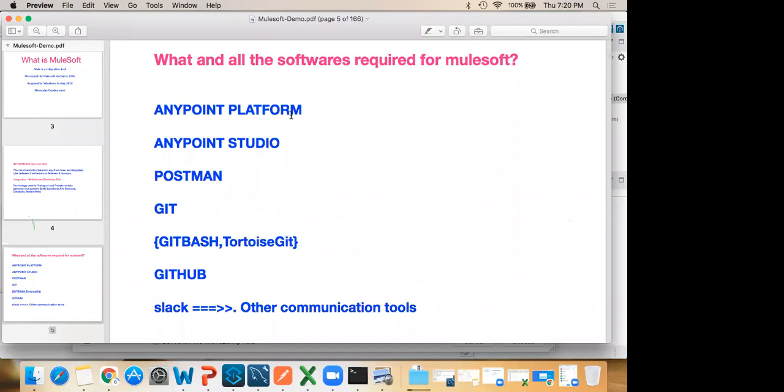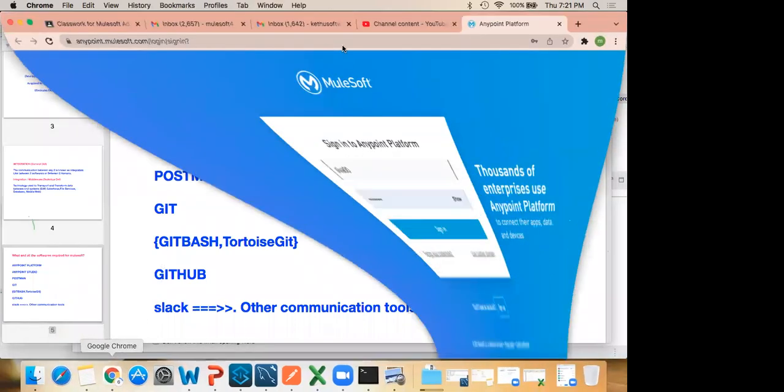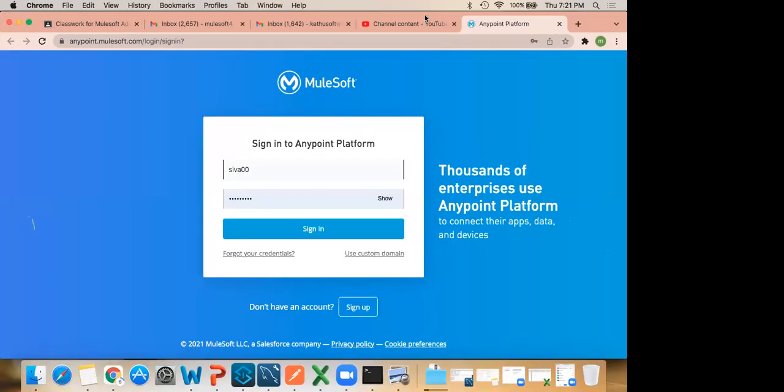ఓకేనా, ఫస్ట్ ఎక్స్ప్లెయిన్ చేస్తాను. ఫస్ట్ సాఫ్ట్వేర్ వచ్చేసి anypoint ప్లాట్ఫామ్. ఓకేనా, సో by using this anypoint platform we can design our applications, we can create our APIs. ఓకేనా, API అంటే చెప్పాను కదా, ఒక ఎగ్జాంపుల్ ఇస్తాను APIకి, సో మీకు ఇంకా క్లియర్గా అర్థమవుతుంది.